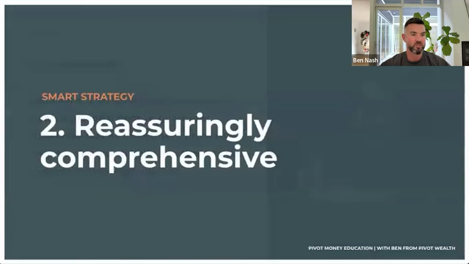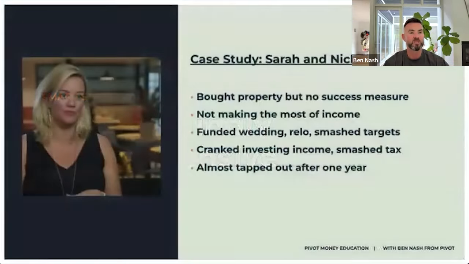I'm going to skip over Kate's story, but it is quite a good one. You want it to be comprehensive. You don't want to half bake this stuff or be cutting corners or do it because you listened to a podcast or even an incredible webinar. Because when you get this right, you know that absolutely nothing is missed. You're not going to miss out on anything that's going to catch you out later. But if you get it wrong, it's uncertain, it's stressy, you end up not taking action because you're worried something will catch you out.